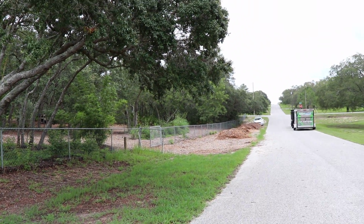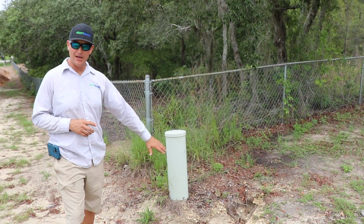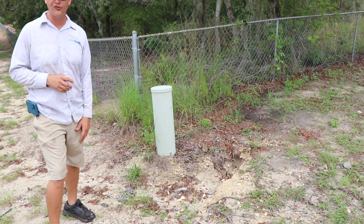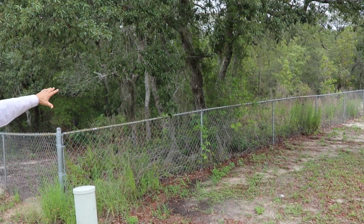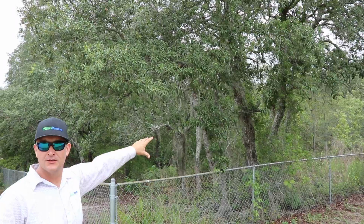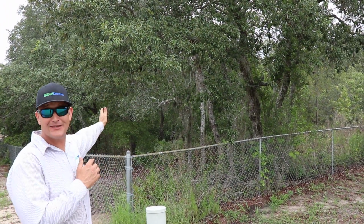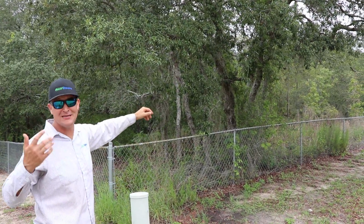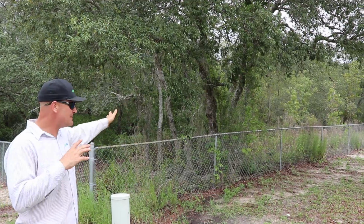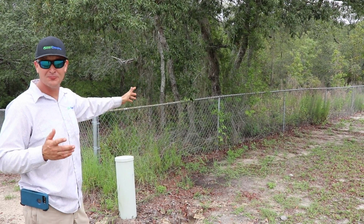We'll walk down there to that far east corner. I just want to show you some of that eroded, degraded land. But this is the type of erosion problem we had throughout this whole site. This is what the land looked like prior, and in my opinion, this is wasted acreage. I mean, yes, it's providing habitat for animals. We're still providing habitat for animals on the other side. We're supporting more habitat, more butterflies, more bees, more birds. So maybe a couple of armadillos and rabbits aren't too happy with us, but for the most part,